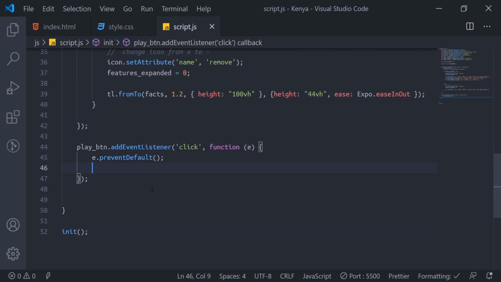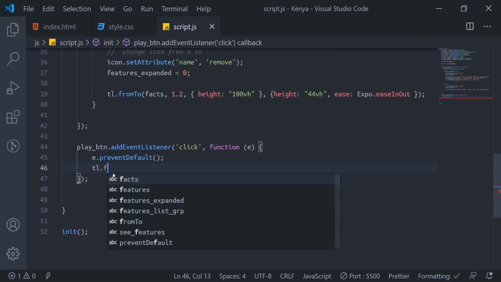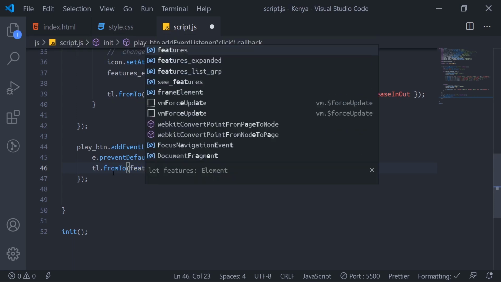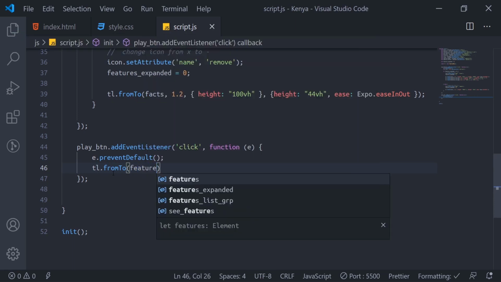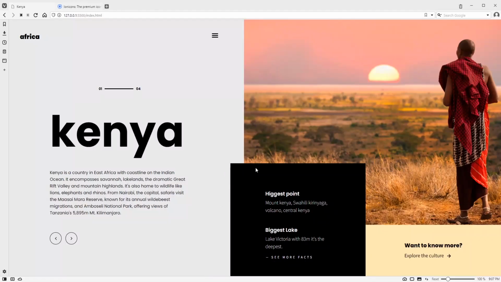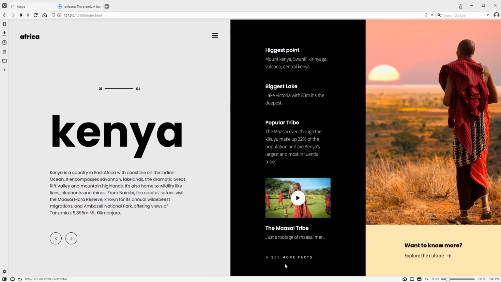Now with this one we will do a lot of chaining. So I'll come and say tl dot from to, or target features. Features is the list. So we'll target this list, and make sure all of them disappear.